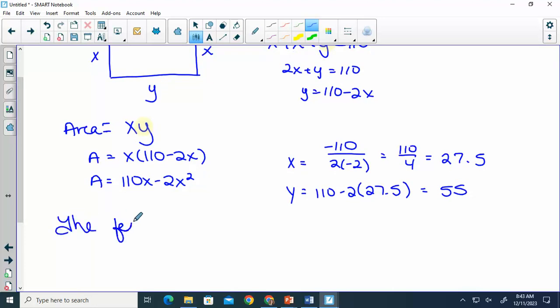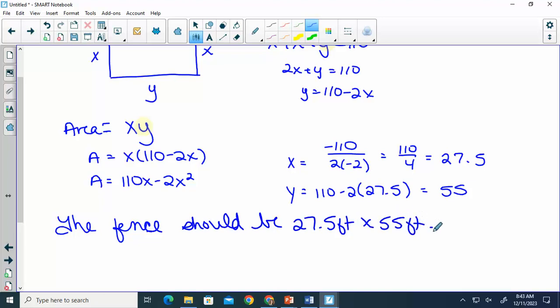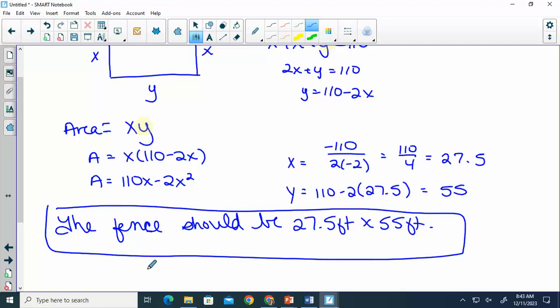Word problem we can answer in a sentence. So the fence should be 27.5 feet by 55 feet. The short side that we have two of, that's our 27.5. The side we only